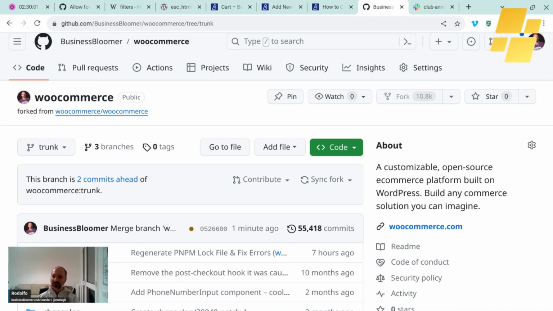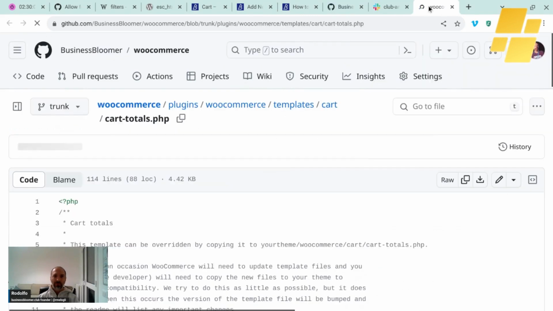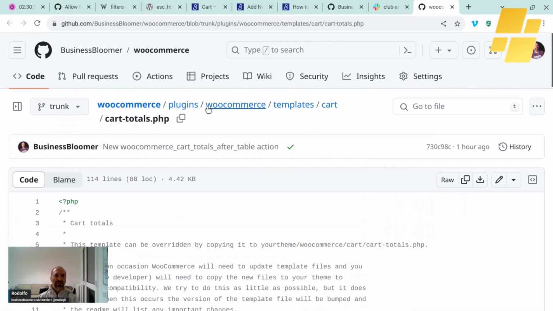In my case, I will tell you what the task is, and I will show you, based on that, that the plugin file that I want to customize is the cart-totals.php file inside the cart folder, which is inside the templates folder